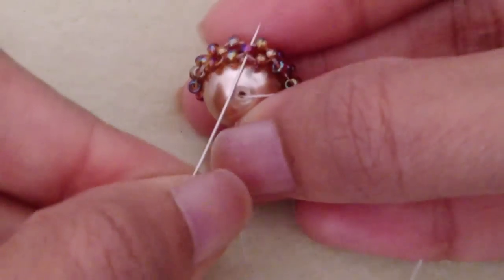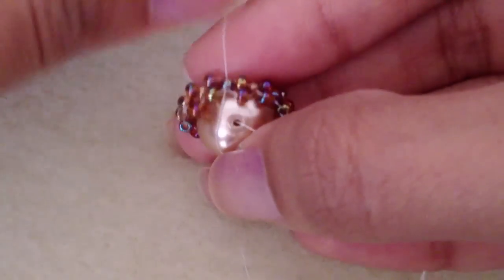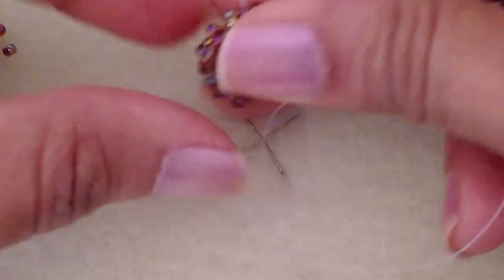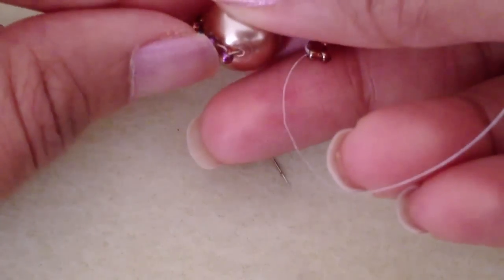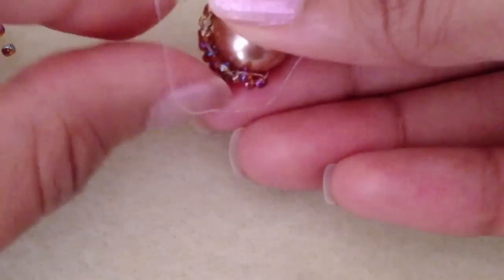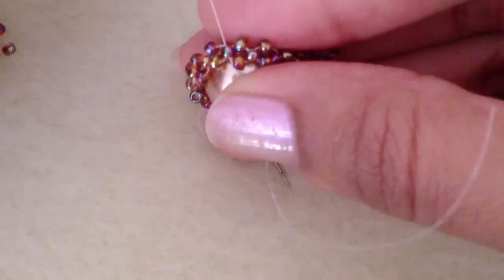So what you want to do is just go through that bead and pull slowly, take your time, and get that as close to the hole as possible, just like that. Now just hold your work and you're going to turn, and you want to make sure that this hasn't moved away from the hole, because it'll do that. So you want to just get that back in position, and then I'm going to hold that in place with my fingers, and I'm going to kind of pull on the thread,